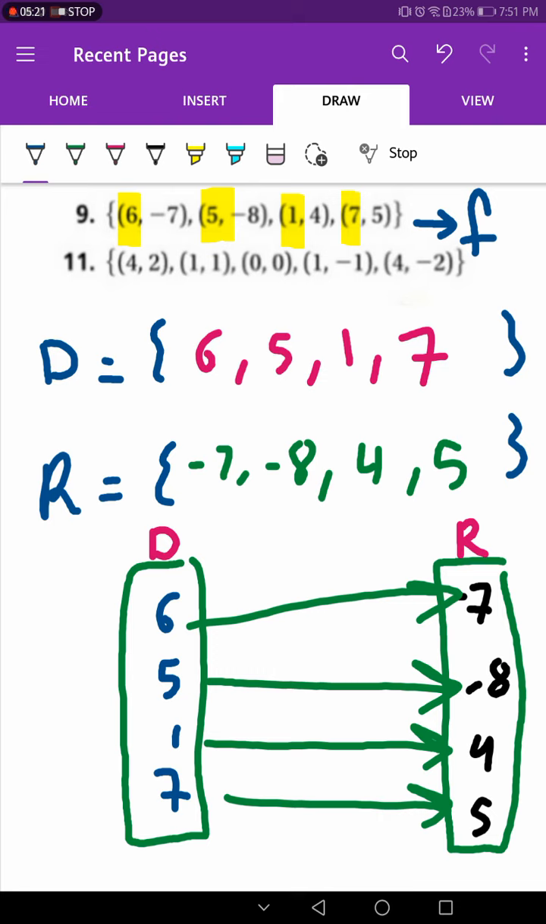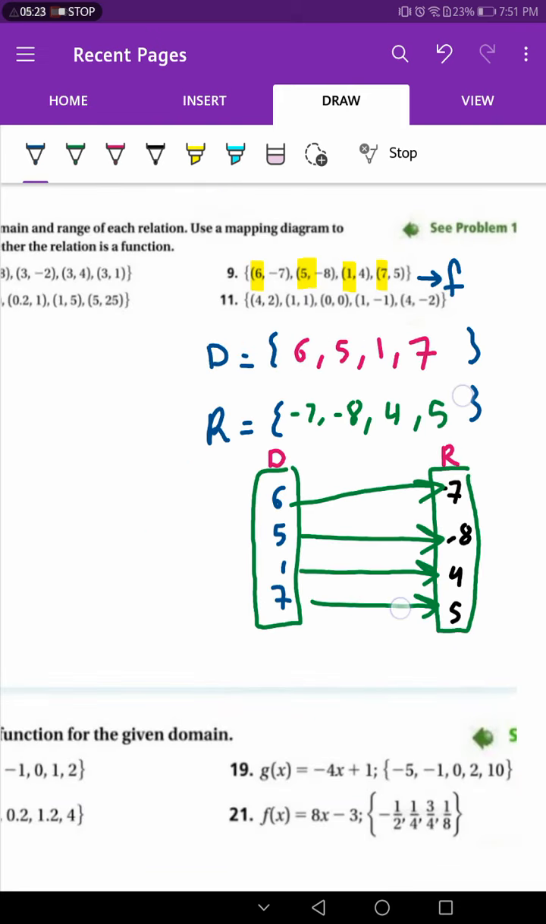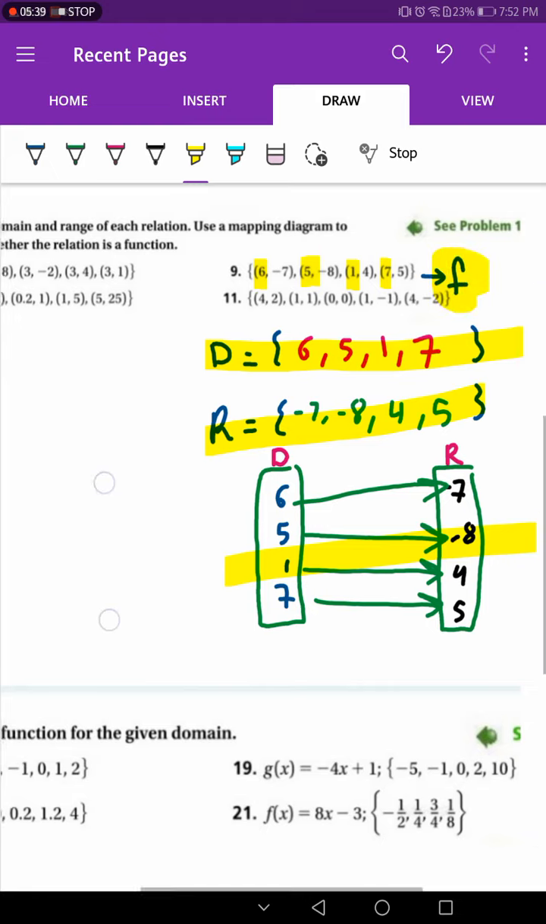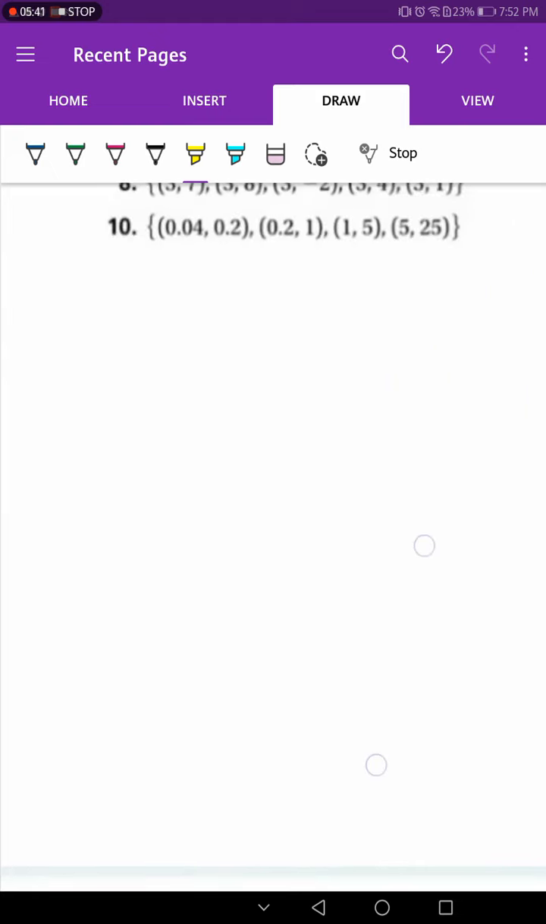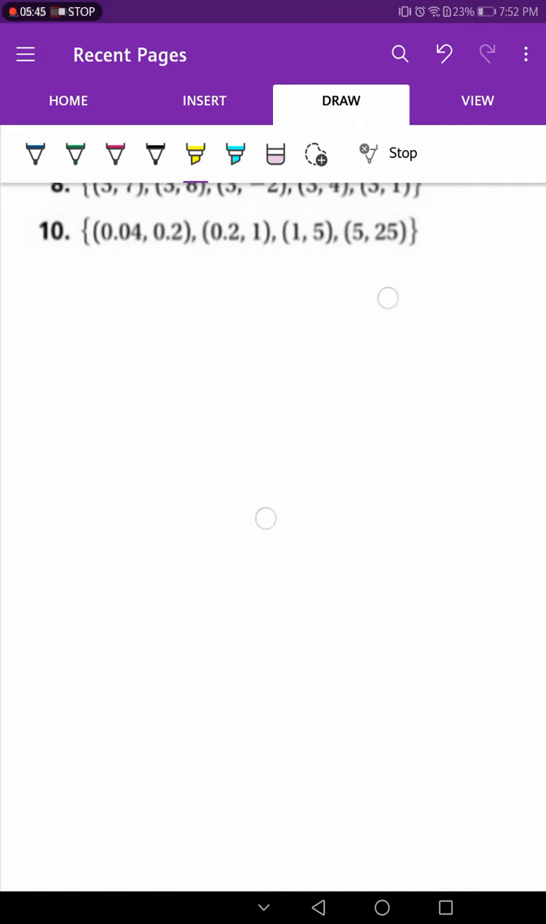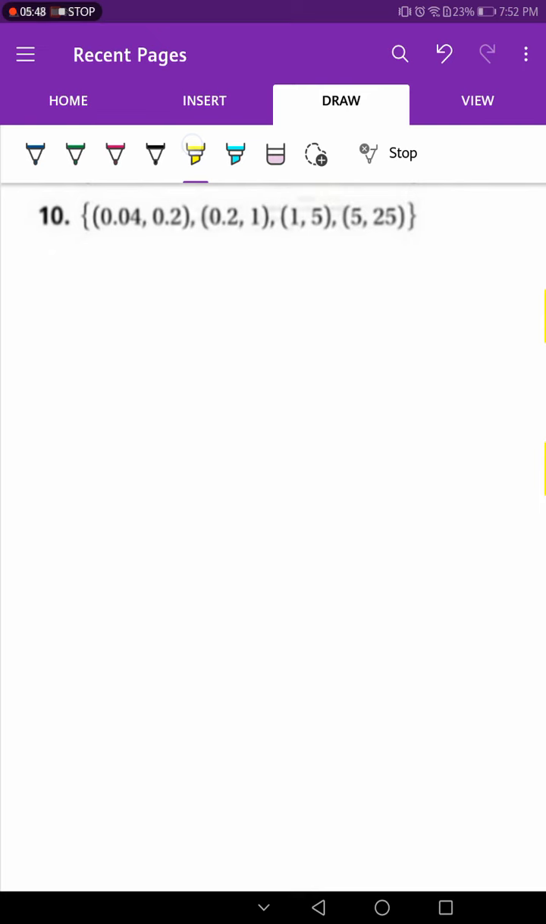Okay, are you happy, dear student? I hope so. So what did we learn? We learned how to find the domain, the range, and the mapping, and we check if the relation is a function or not. So let us take one more example, and I think your life will be easy. So the domain